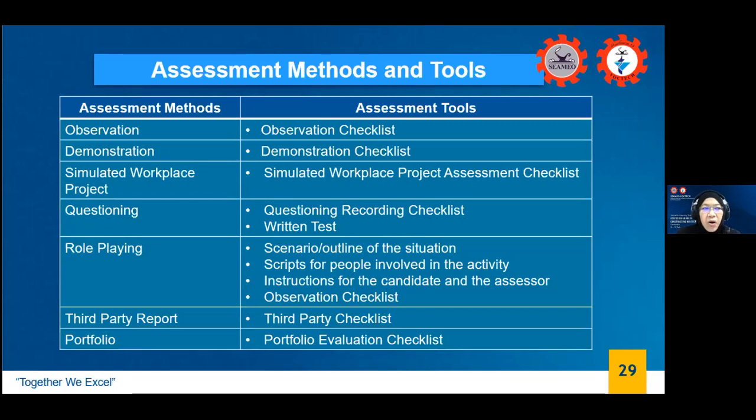Very easy. All you need to do is to know whether they can do, can do, can do. Present, present, present. Not present, not present. What you do is go over to those not present until the not present or absent becomes present. Then go to the next. Remember, competency is mastery. You cannot go to the next level if not competent at the previous level. Okay, is that clear?